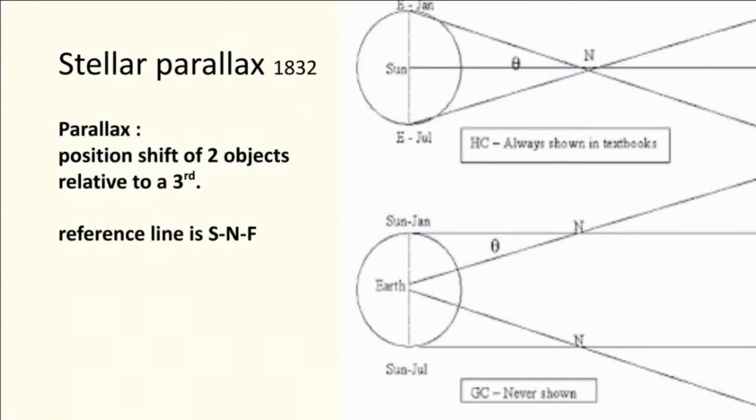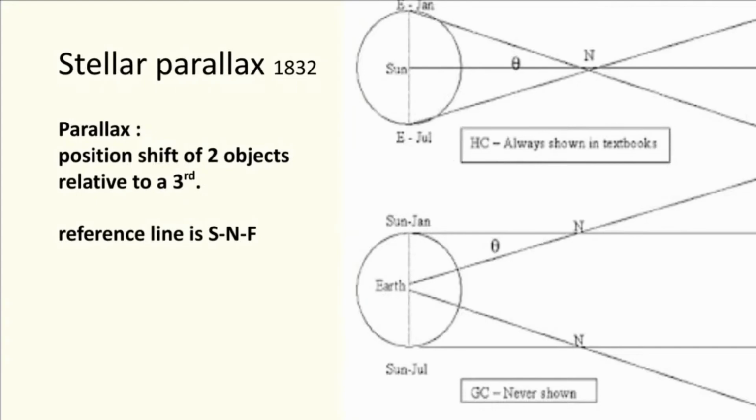All right, let's get into some of the experiments that are claimed by mainstream to show that the system that we observe is heliocentric and actually supports the geocentric. Now, stellar parallax was described in 1832, and the diagram at the top here shows the